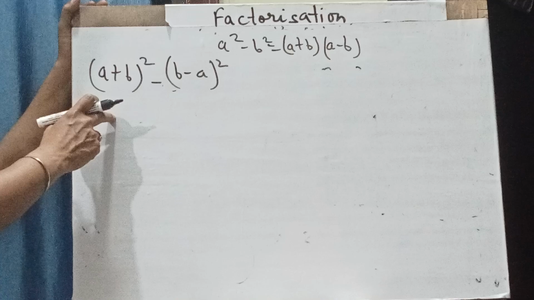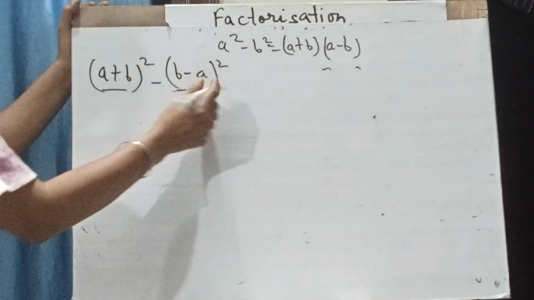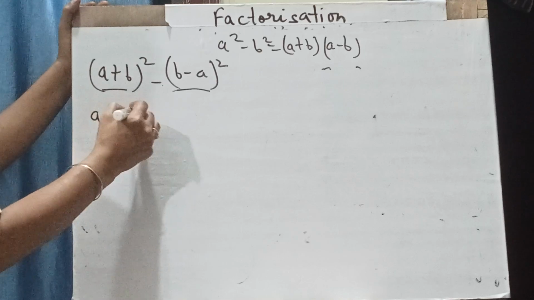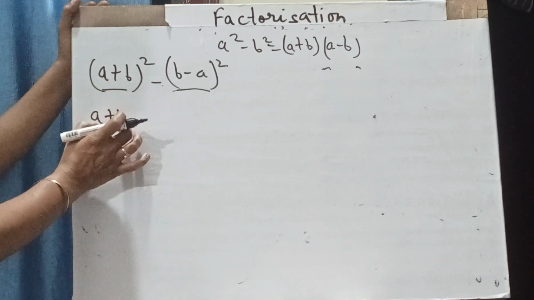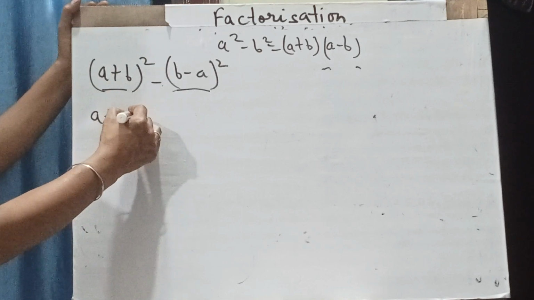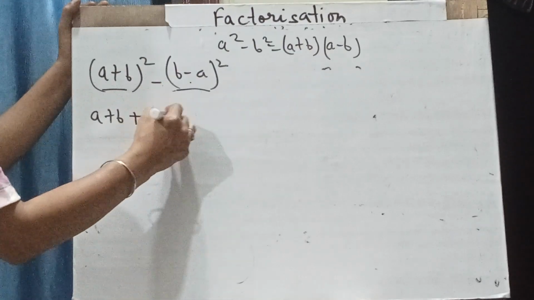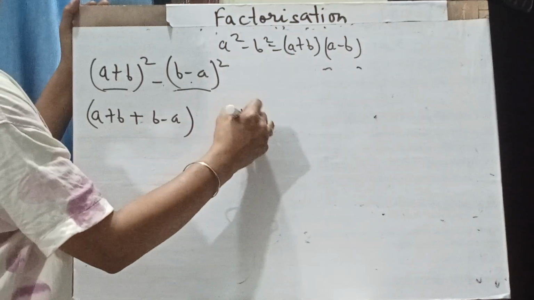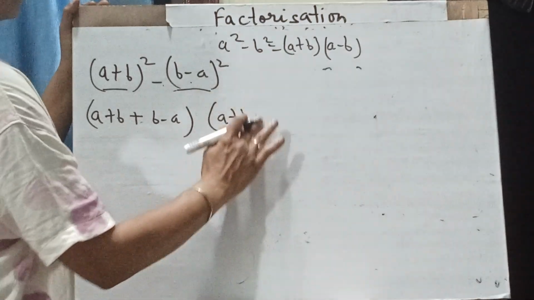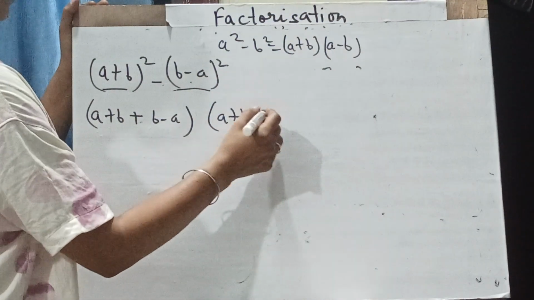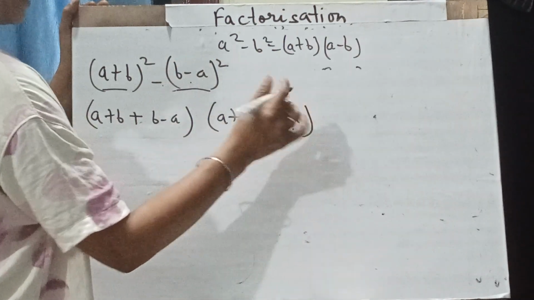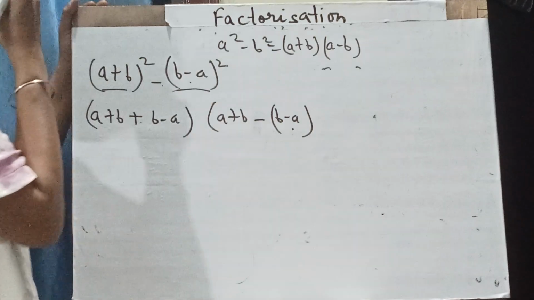See next question. Here this is a, this is b, this is a square, this is b square. Formula expansion a plus b. So a is this and plus b is this. We got this. Now a minus b. We place a in place of a, and minus this b. Put it in bracket because we are placing minus here, so signs will change.